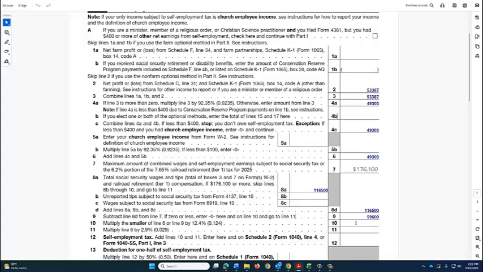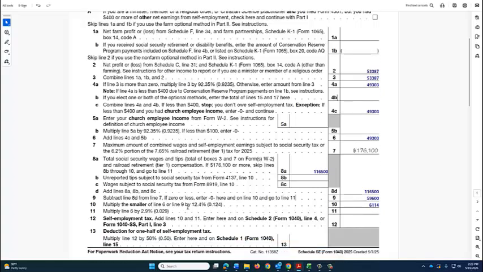And that will give us $61.14 in Social Security taxes. We're going to multiply line 6 by 2.9 to get her Medicare tax of $14.30. So when we add 10 and 11, we have her self-employment tax of